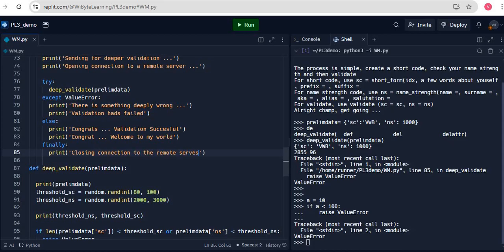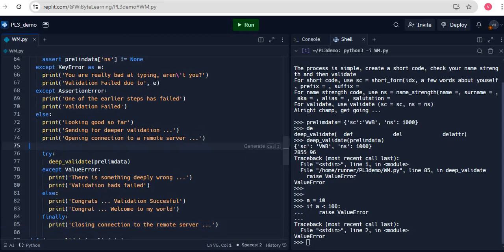Now, why do we put this in finally? Well, because remember, the code inside the finally clause runs no matter whether there's an error or there is no error, right? So which means that even if I have an error or my validation goes successfully, in both cases, I will close the connection to the remote server, which is very, very important in order to keep my application safe and working. In fact, this is now done, but notice carefully, this try and except is actually nested inside